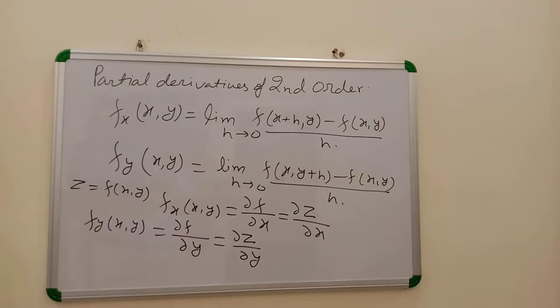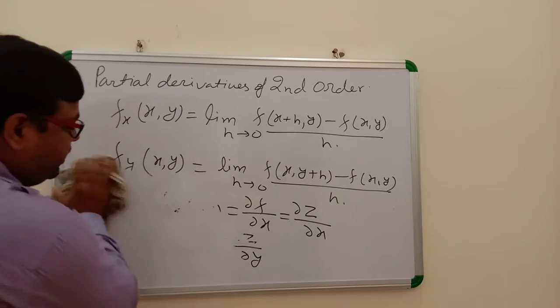The partial derivative with respect to x is just the ordinary derivative of a function of a single variable by keeping y as a constant. Hence, to find f_x, regard y as a constant and differentiate f(x,y) with respect to x. Similarly, to find f_y, differentiate f(x,y) with respect to y, treating x as a constant.